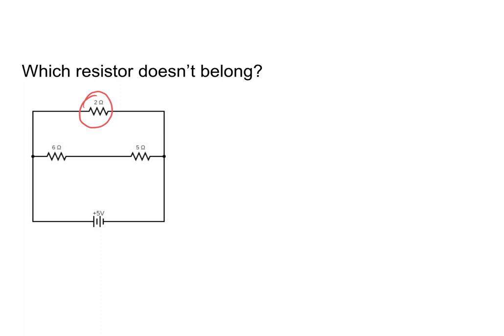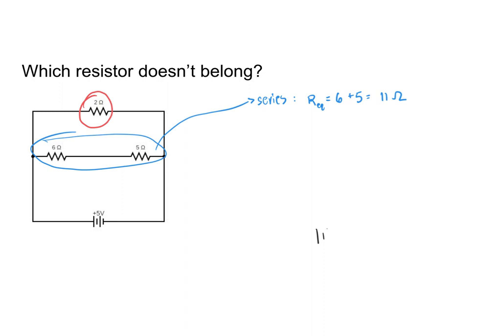So if I want to find the equivalent resistance for my other resistors, my 5 and my 6, I can see that these 2 are in series with one another because they're on the same chunk of wire. So that means that their equivalent resistance is 6 plus 5, or 11 ohms. What that means, remember, is that if I were to draw a circuit with only 2 resistors, I could replace my 5 and my 6 ohm resistors with